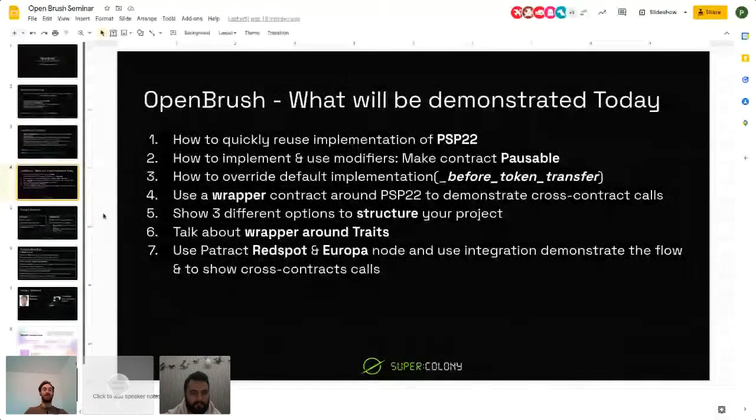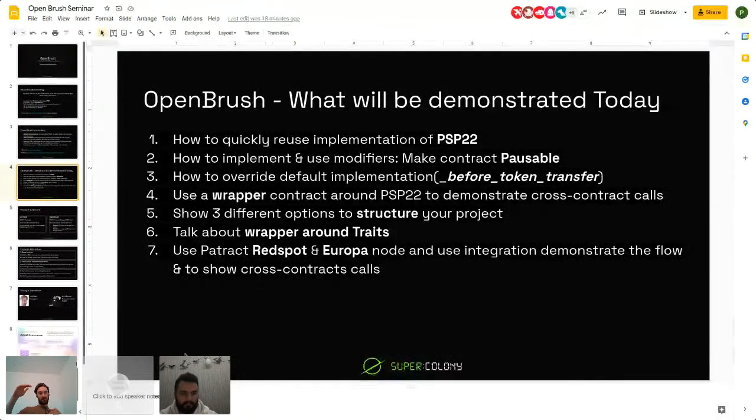About today's seminar, what we will demonstrate is seven things. How to quickly reuse an implementation of PSP22. Then we'll use and implement Pausable. We will override the default implementation of before_token_transfer. We'll use a wrapper contract around this PSP22 to demonstrate cross-contract calls.